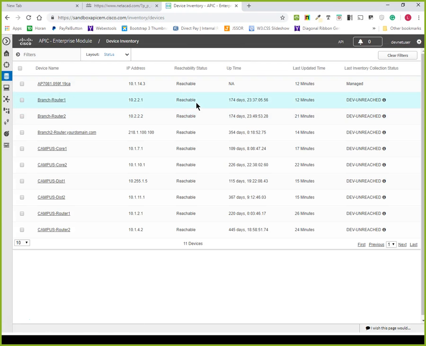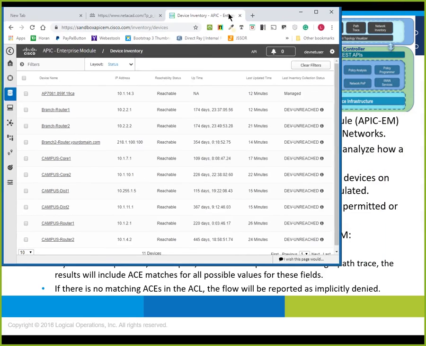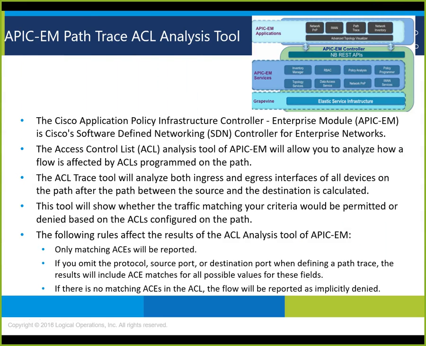This obviously shows a whole bunch of other things. But over here, the managed devices all say they are unreachable. What this thing allows you to do is manage your devices. But the specific thing for this particular lecture is